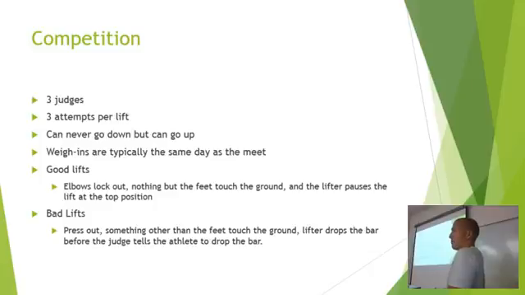But good lifts, just to tell you what's going to give you 3 white lights: your elbow's locked out. As long as your elbow's locked out in a singular movement, then so far you're doing pretty good. Nothing can touch the ground but your feet. That's it. If any part of your body, if your butt touches the ground, if you end up getting on a knee because you miss the rep a little in front, but you still save the rep, that's a red flag. You're not going to get anything for that. It's not going to be a good rep.